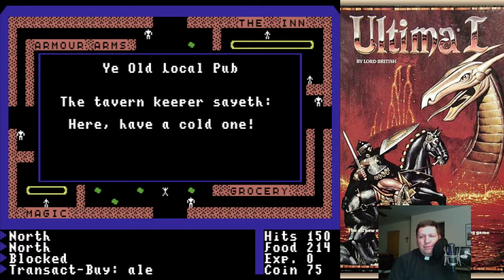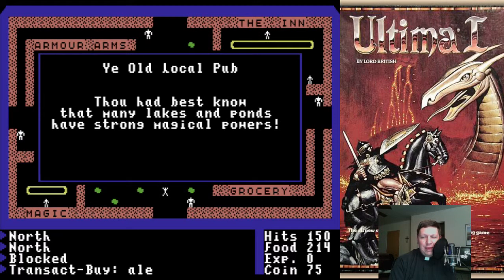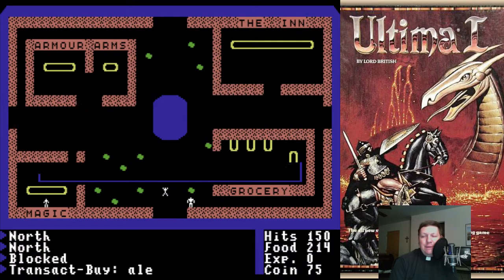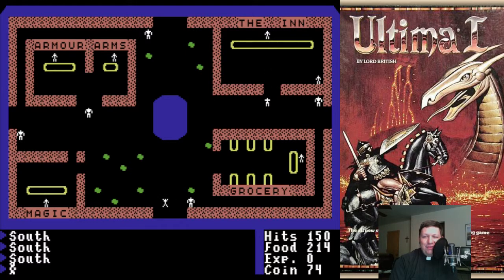There you go. It's another pub. Have a cold one. Okay. Thou hast best known that many lakes and ponds have strong magical powers. Oh, so you can find a little information too at the pub. That's a good thing. Fortunately, you have to sit and kind of wait for it, but one interesting thing about